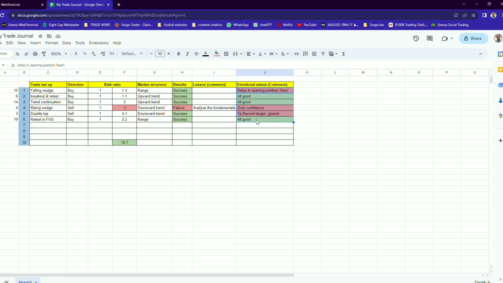It means those are a little bit risky, and you start using smaller lots on the setups that are not easy for you, and bigger lots on the good setups. For example, here we have 14 trend continuation setups, and maybe you have all of them as success. It means try to use even more lot sizes. Try to increase the lot size on the good setups, and try to minimize the lot sizes on the difficult setups, or try to eliminate the difficult setups where you are always challenged emotionally, or try to